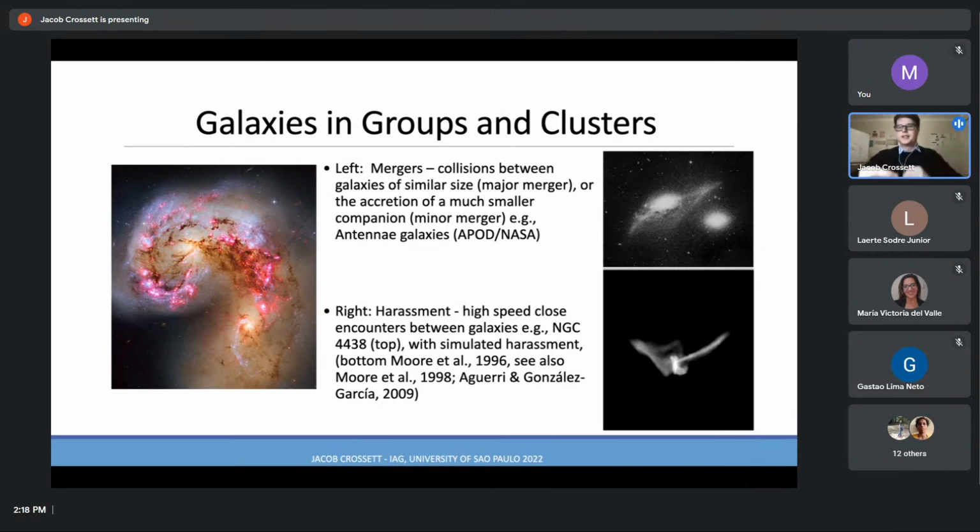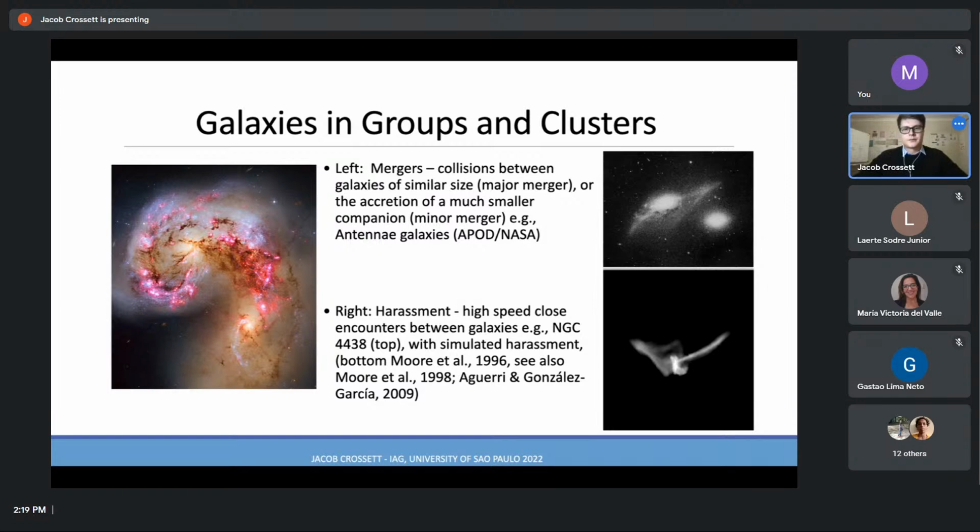Now, repeated flyby interactions happen approximately once per gigayear per galaxy in these clusters, and are termed collectively as harassment. And we can see here on the right, this image of NGC 4438 looks very similar to the simulated galaxy in the bottom, which has had these repeat